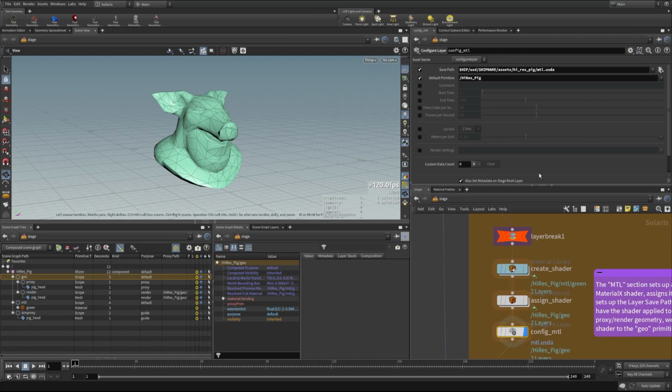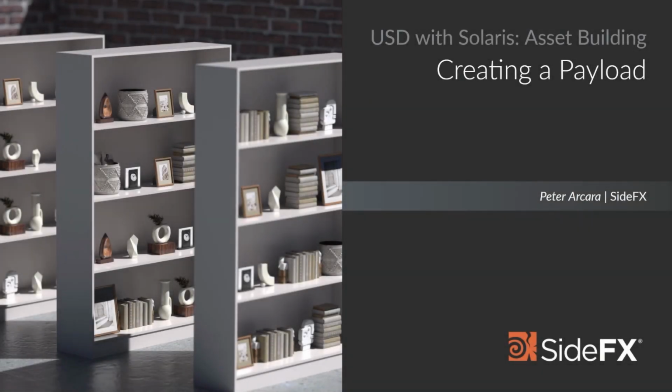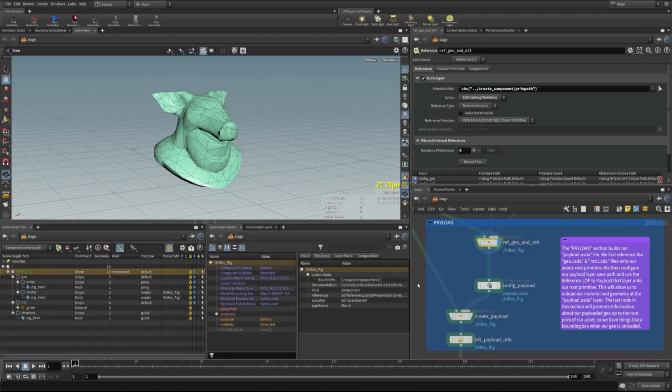this component geometry. The next step in our process is to create a payload arc for our geo.usd and mtl.usd files. As we've learned previously, this is important to be able to unload our geometry in the viewport for better performance with large scenes. All right, so let's take a look at the payload section of our asset building workflow